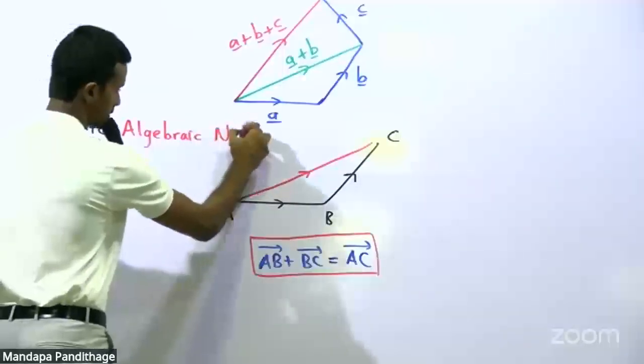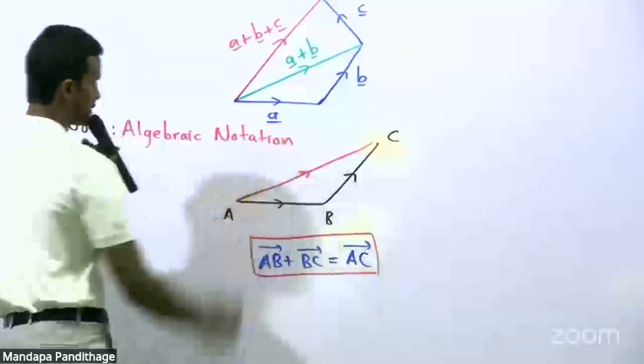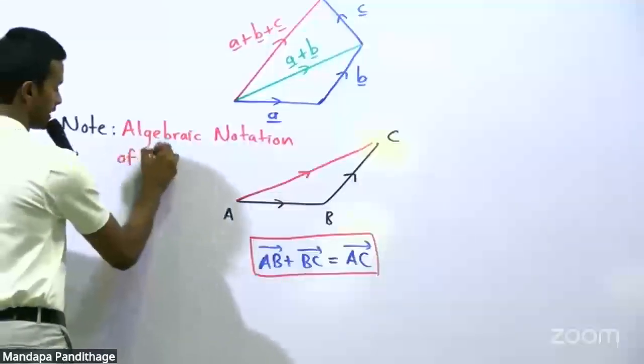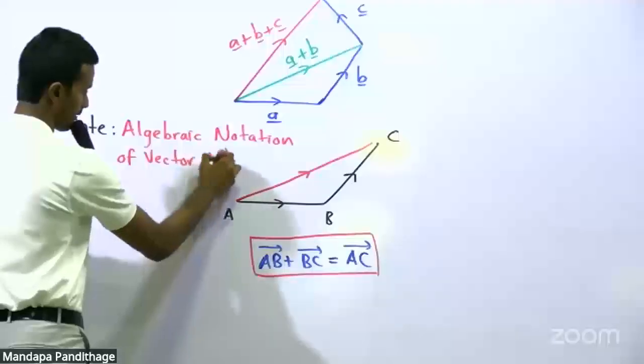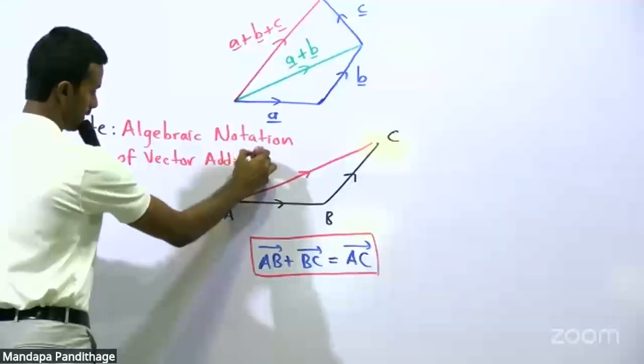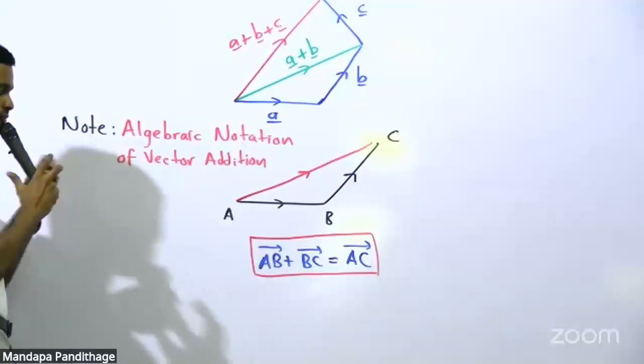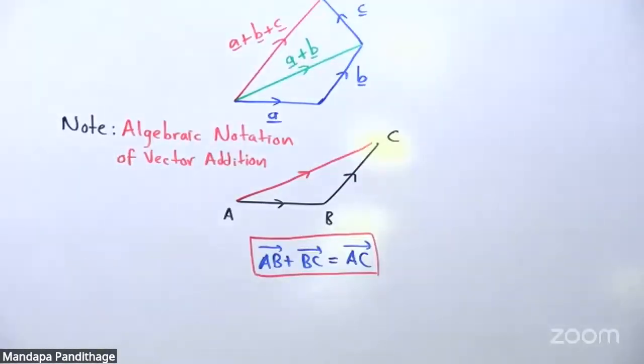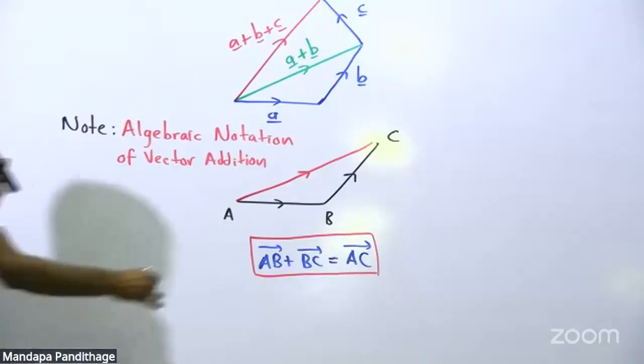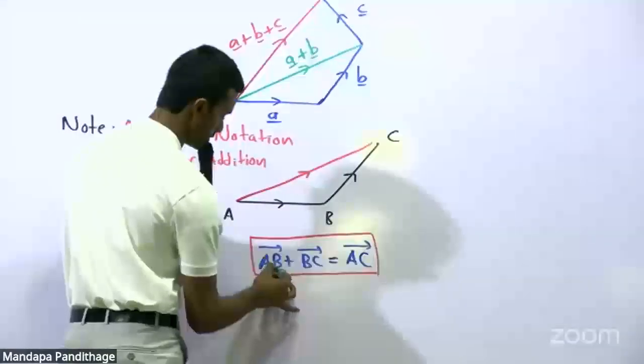Okay, write in this way: the algebraic notation of vector addition